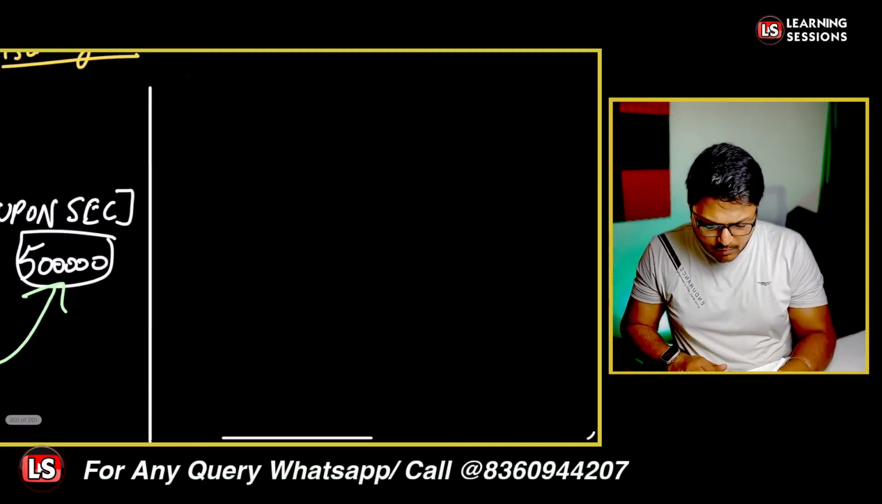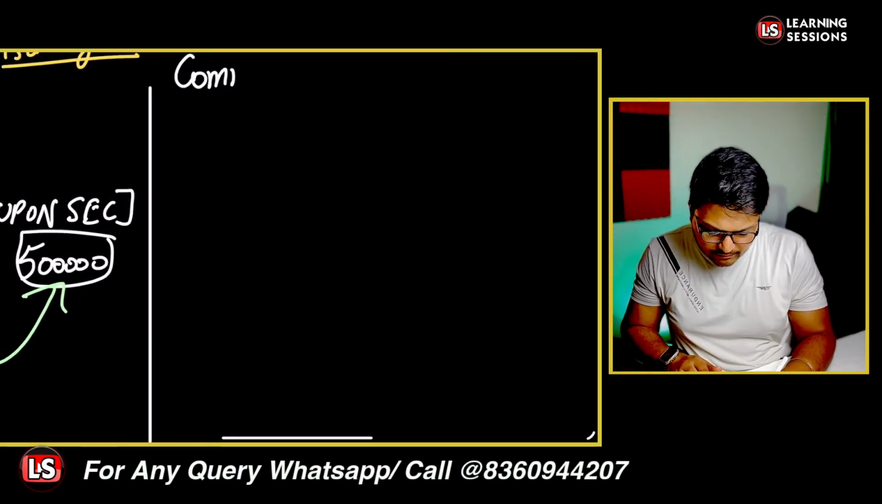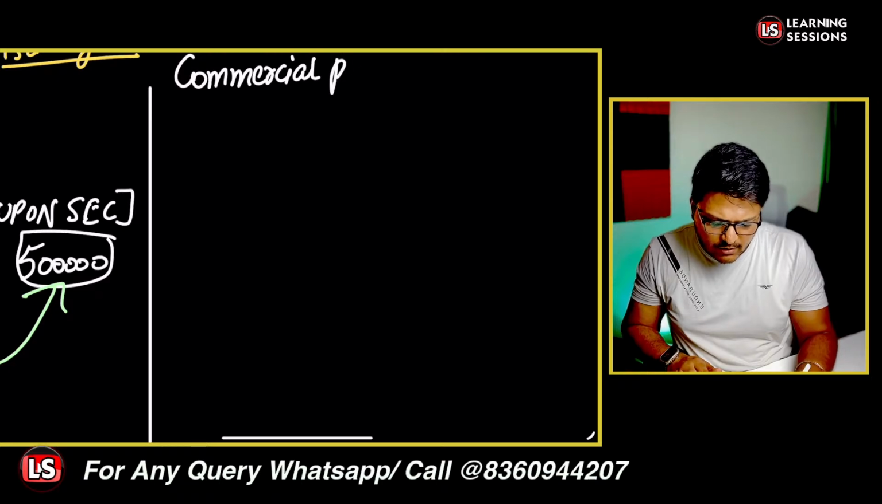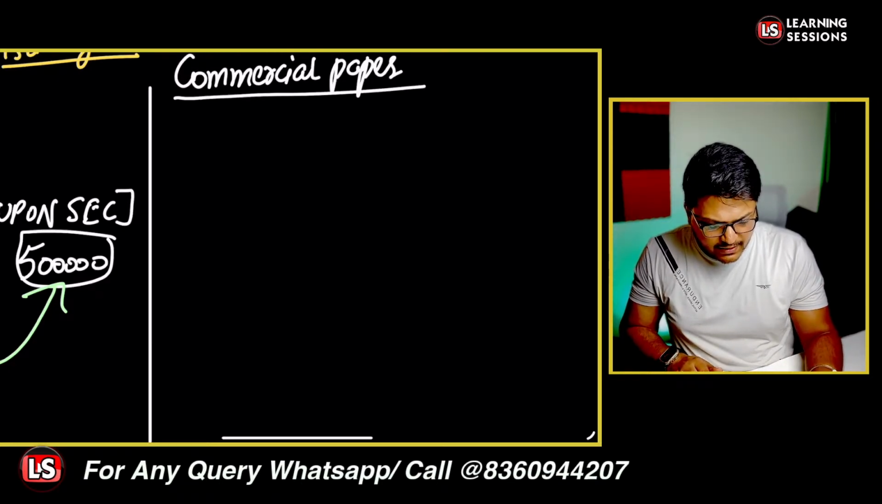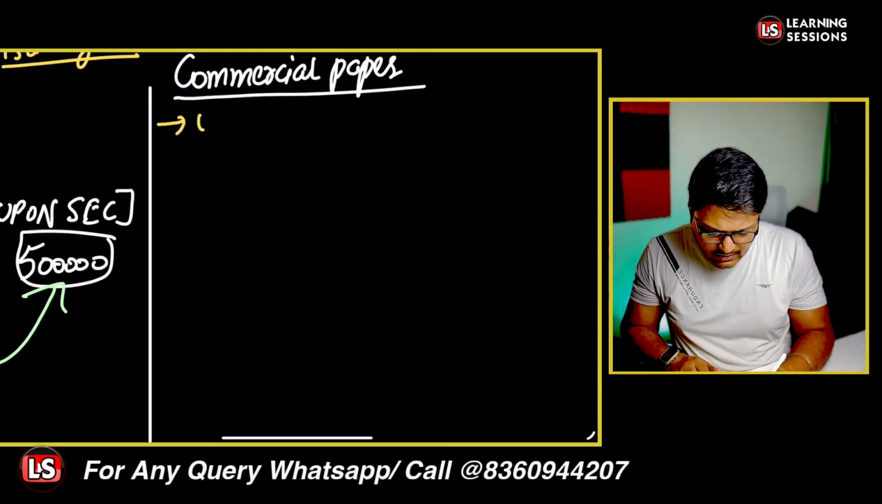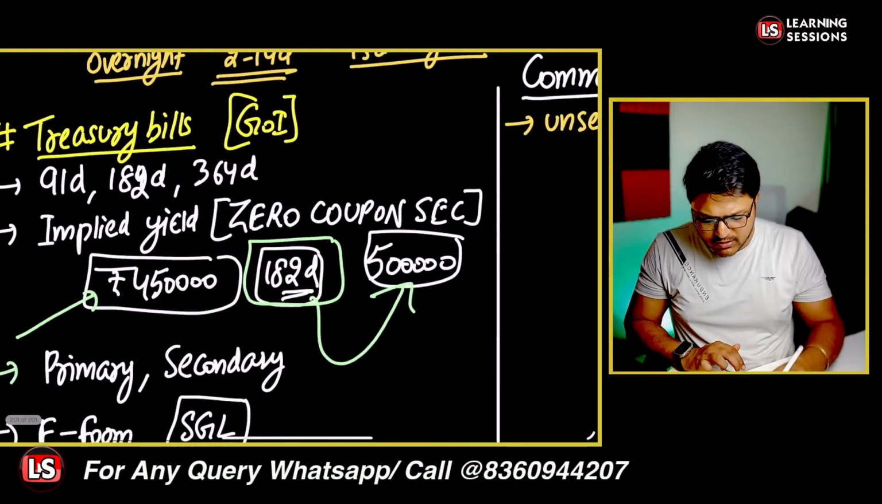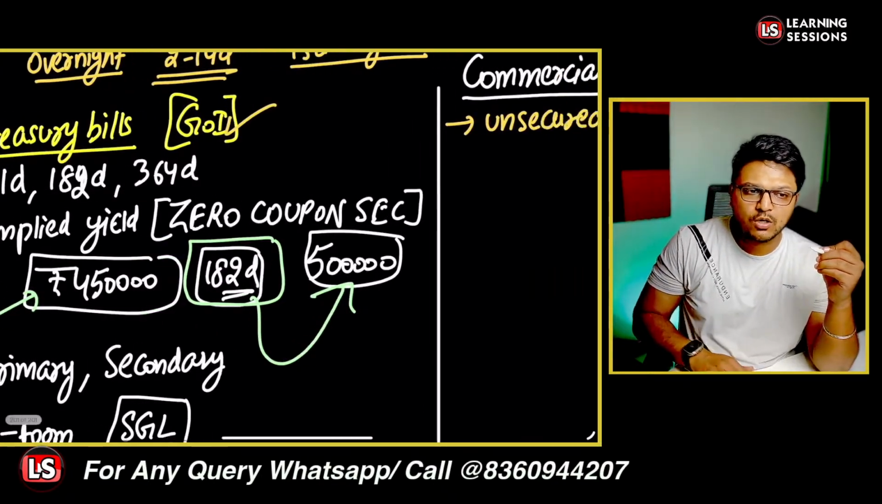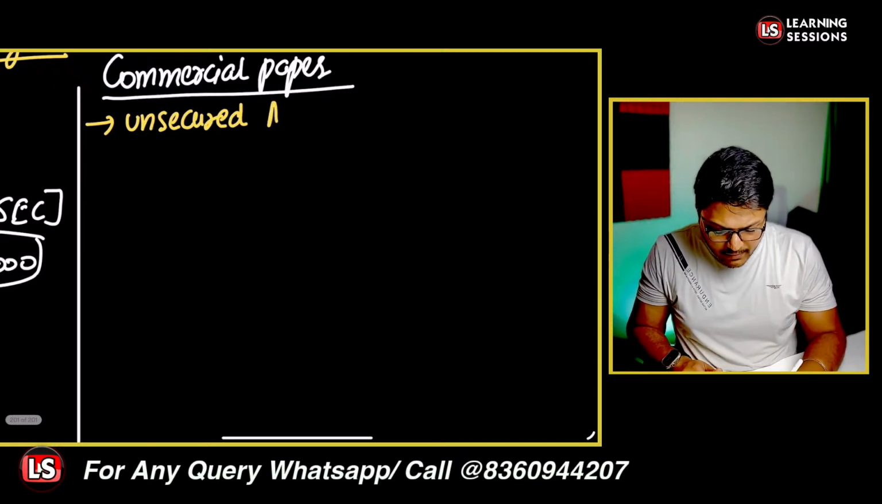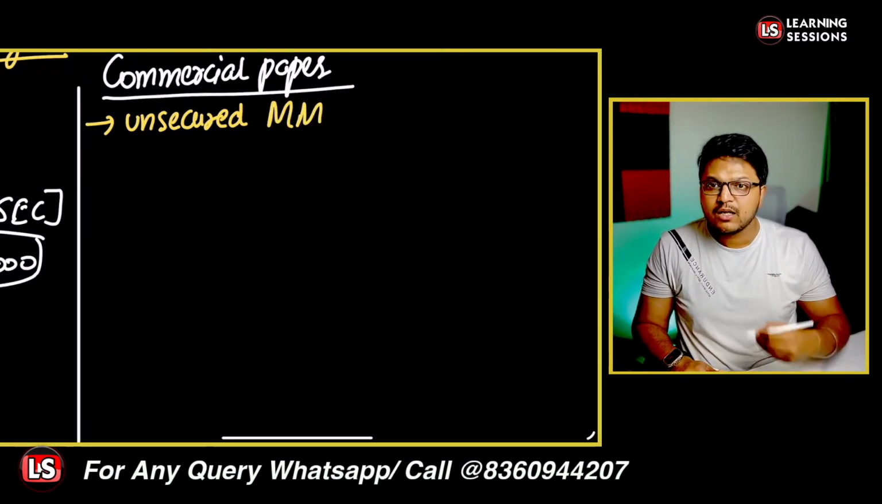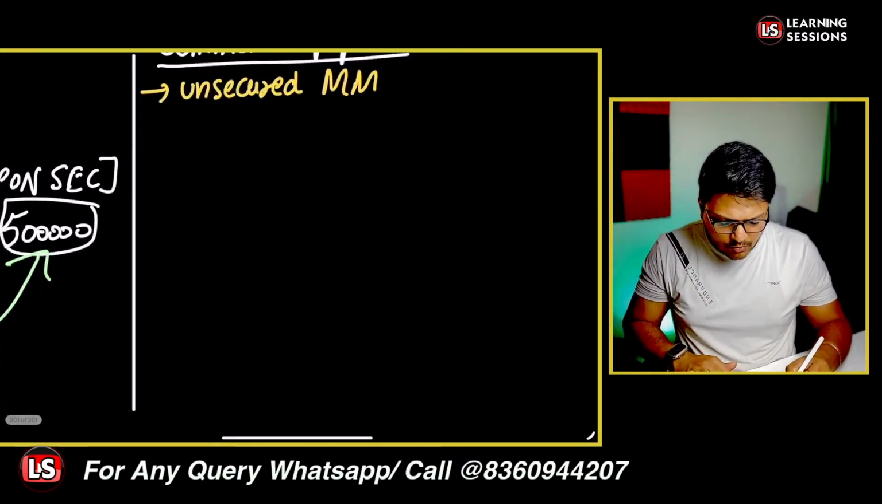So after that, the third instrument that we are going to talk about from the money markets is related to commercial papers. Now, commercial papers are what? Commercial papers are unsecured money market instruments. Kindly please note down the words. These are unsecured because these are not issued by the government. Treasury bills are issued by the government, so these are secured. But commercial papers are unsecured money market instruments